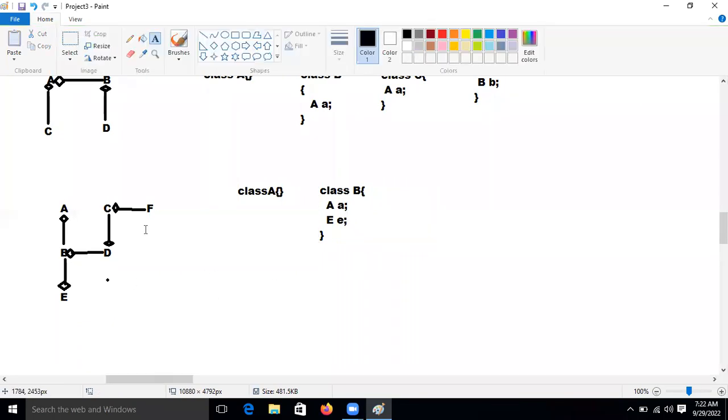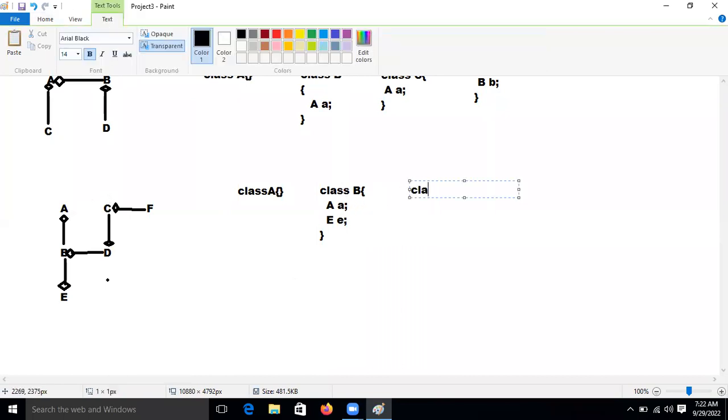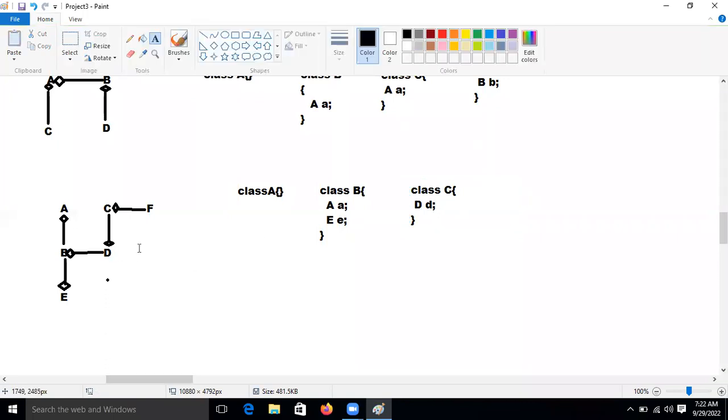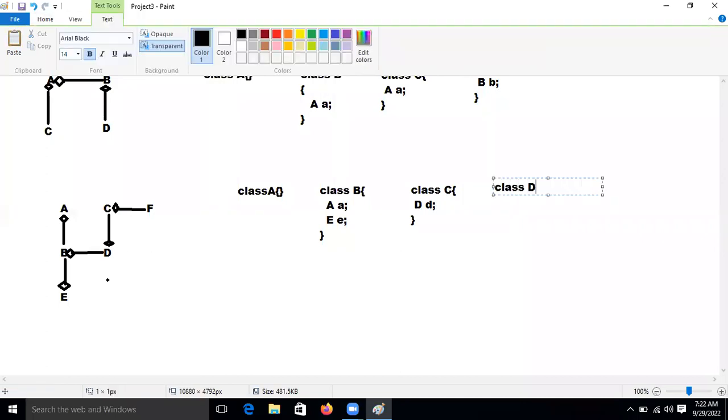Then let's take that C class, because this one we resolved. Let's take this hierarchy also. Here, let's take class C. Inside class C, one relation is there: has a relation with D. Then D, we will take. Now let's work on this area. So let's develop class D,